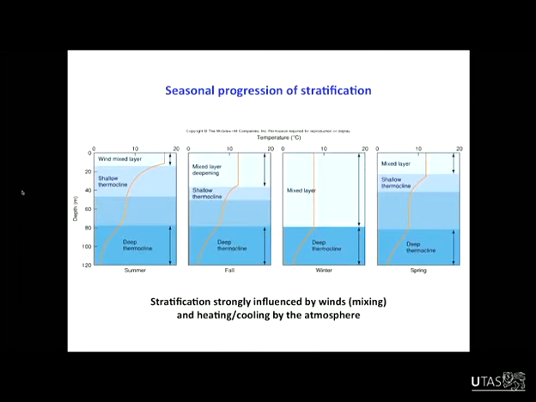And this is a representation of how that occurs throughout the season. So if we start out in the wintertime here, the mixed layer is cold, and it's also being mixed very deeply. It's eroding down into these deep waters, which are cold. That's why the mixed layer becomes cold. But also recall that down in these deeper waters is where we have high nutrient concentrations. So high nutrients are getting mixed into the surface waters, but the phytoplankton can't take advantage of them because the average light to which they're exposed is too low.